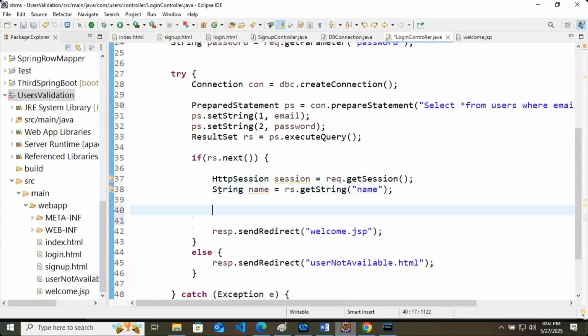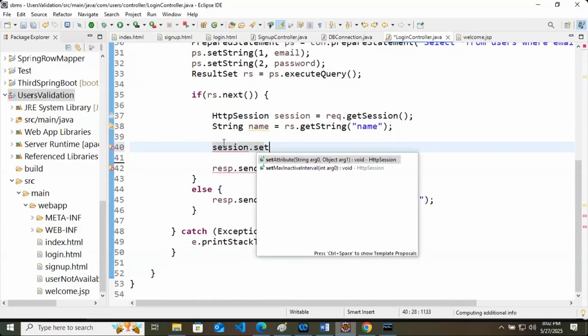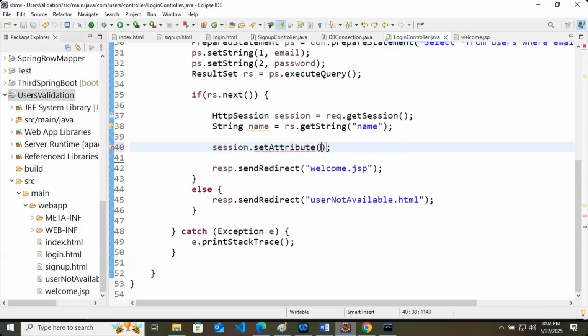After that, I will set this name to the session. For that, I will say session.setAttribute. Attribute will have two things. First, the value that you are sending. I am sending the value of name.